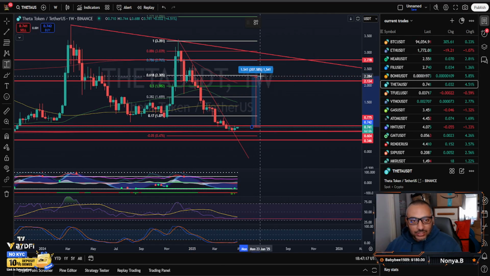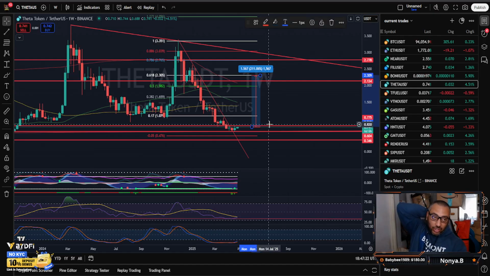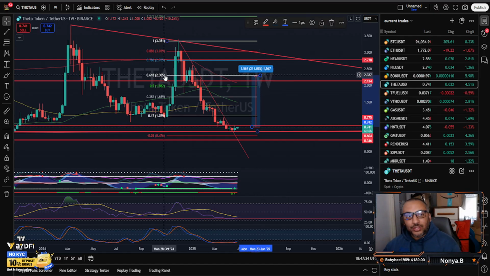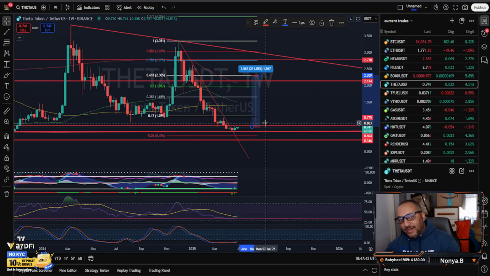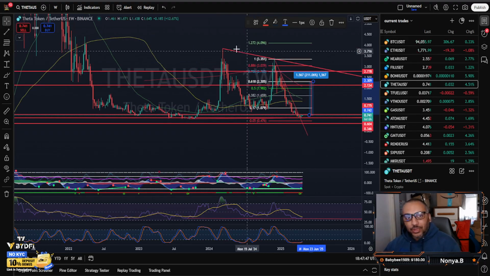So if you're more into the buy and hold method, then you would actually just set an alert for this $2.30, looking for a possible 211% move to the upside. And after this move is done, you are hoping for a higher low, more than likely maintaining support above 77.5. So it could come all the way back down, set a higher low, then continue going up, because you're in